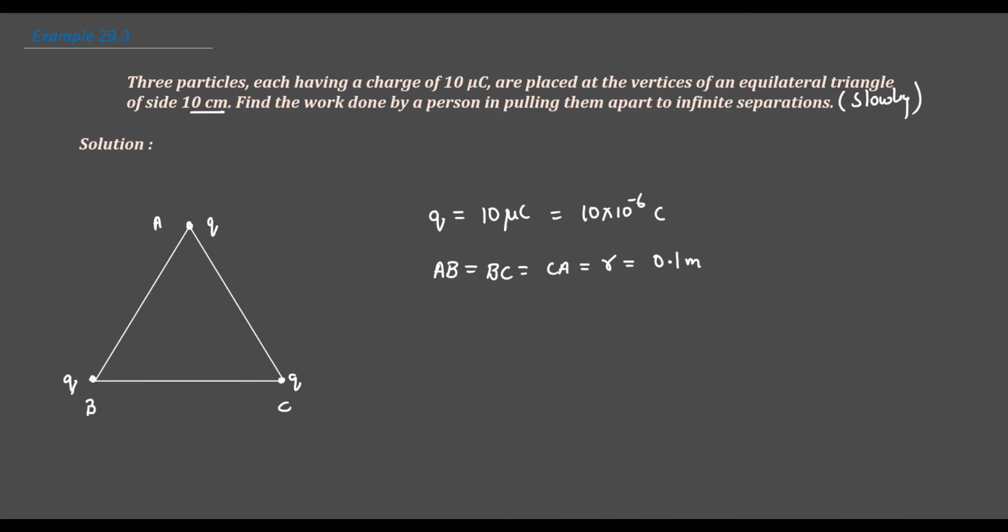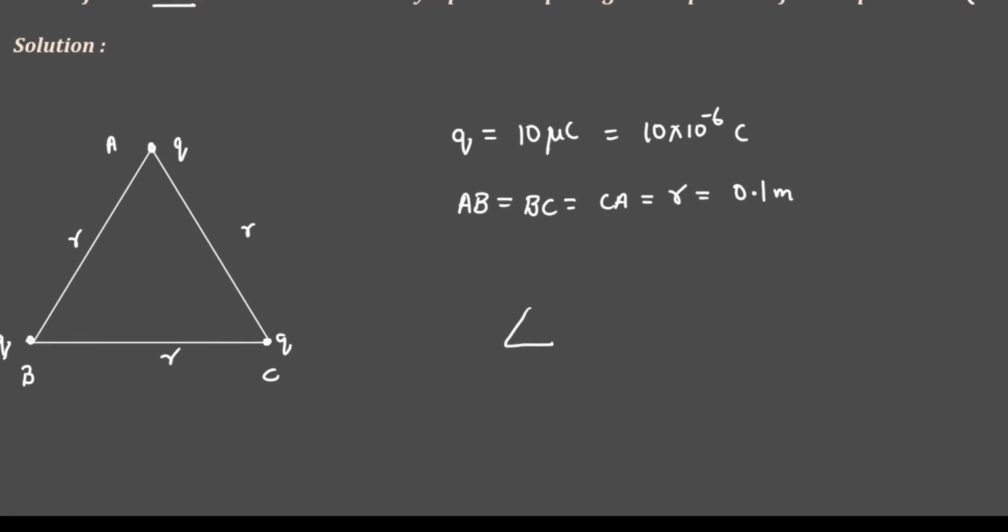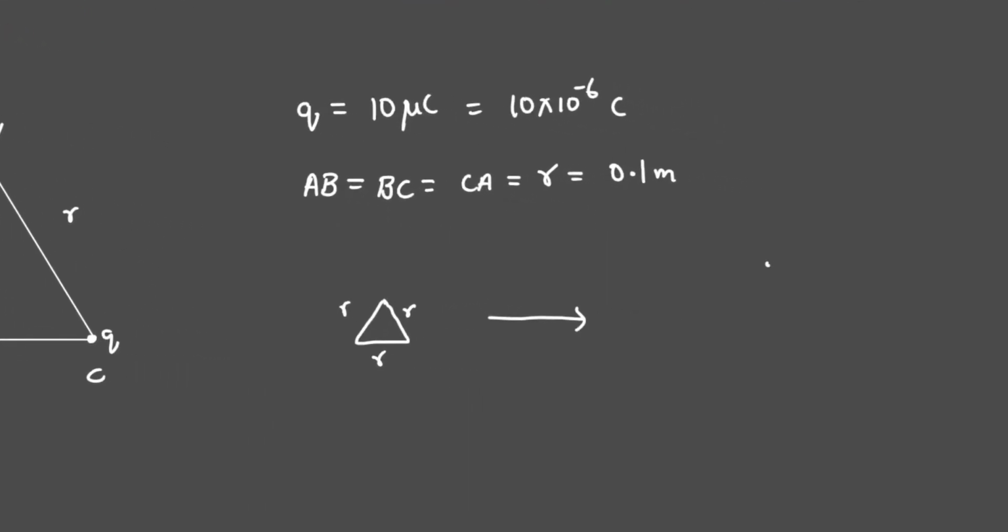Now understand this thing. First, this triangle is having some configuration in which the charges are at a distance of r, and when the person is trying to pull away, he is going to pull them away to infinite separation. So initially the system is in a triangle, very closed, means the charges are in close vicinity of each other. From this situation the charges are going to go apart by infinite distance. This is going to become infinite.